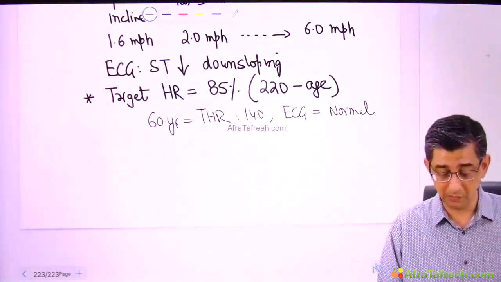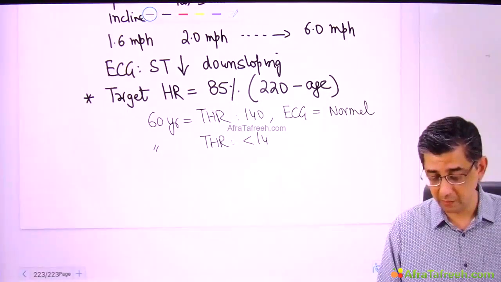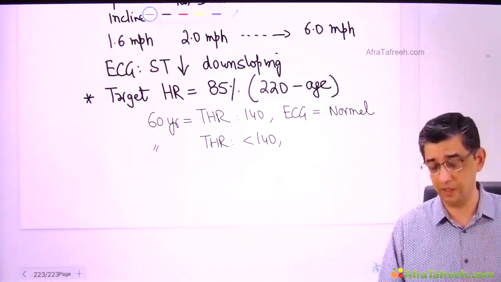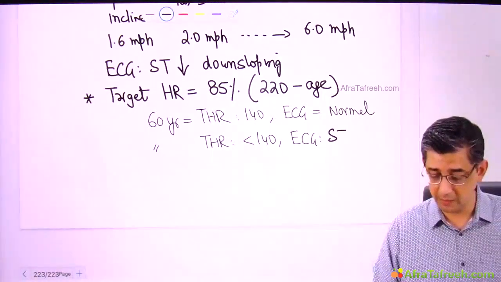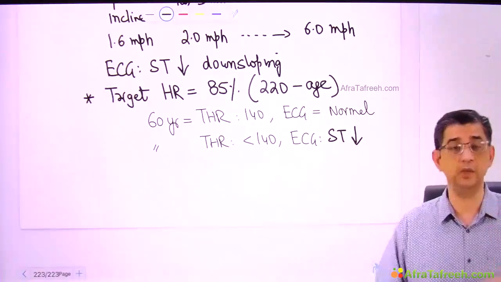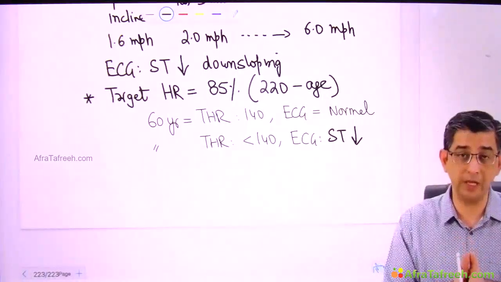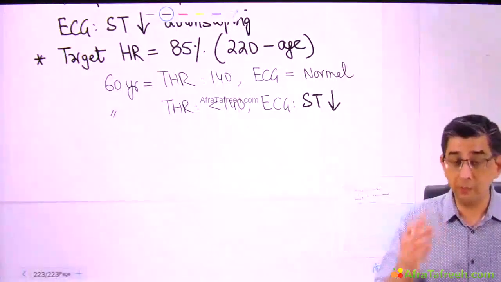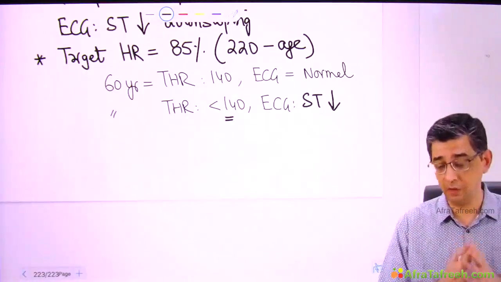But suppose for the same 60-year-old man, the target heart rate of 140 was not achieved. Let me say the heart rate on the display at the moment is only 120 or 125 or maybe 130, and at that moment the ECG of this person starts showing evidence of ST segment depression. That means there are blockages in the coronary artery. I want to repeat this fact again. If somebody has attained the target heart rate, that means his coronary arteries are definitely of normal caliber. They are able to provide proper amount of oxygen. That is why the ECG is normal. But if somebody is not able to achieve target heart rate and the ECG is showing ST segment depression, that is obviously a cause of concern.